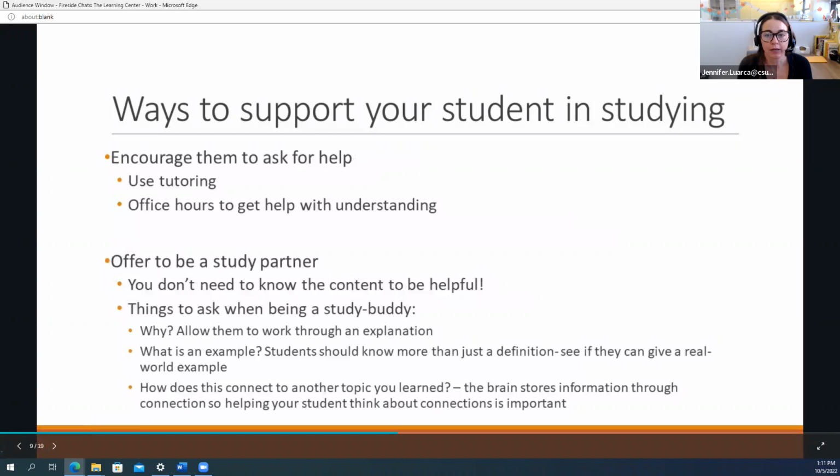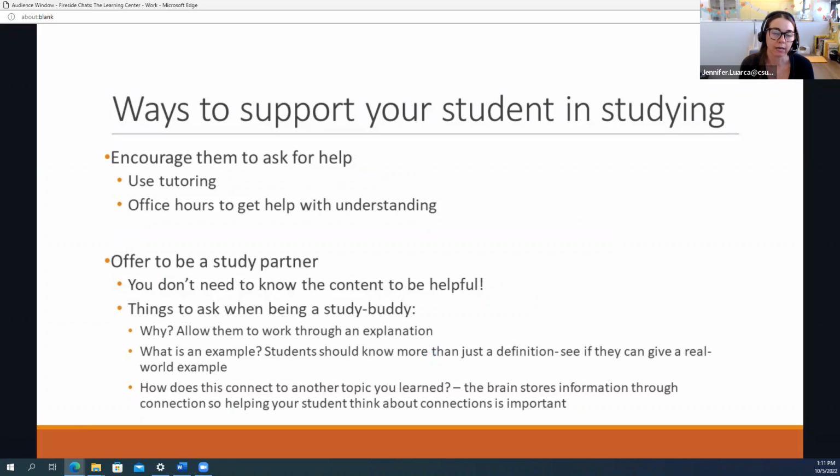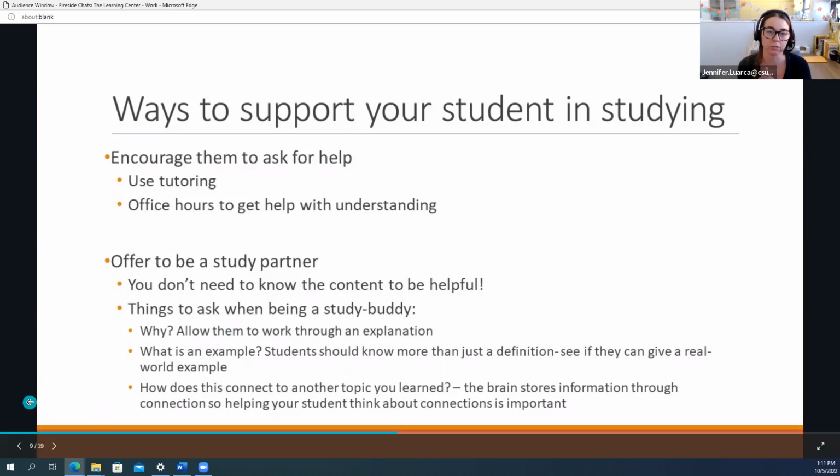Okay, another way to support them, as I said, is staying curious and open to suggestions. Also encouraging them to ask for help when needed. There are so many tutoring resources on the campus. Pretty much every college on campus has a tutoring center. And then we have our tutoring center as well, which is more general support for the campus. So encouraging them to Google whatever you need at CSULB in terms of tutoring, and it'll pop up those pages and information about where to get tutoring.